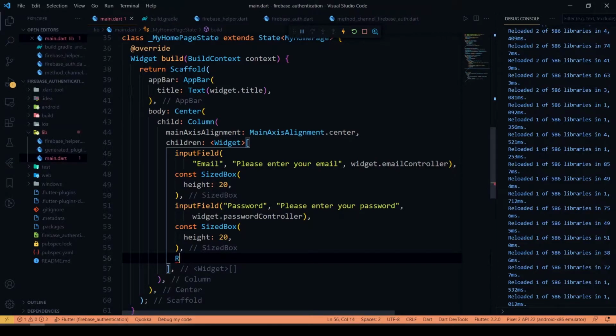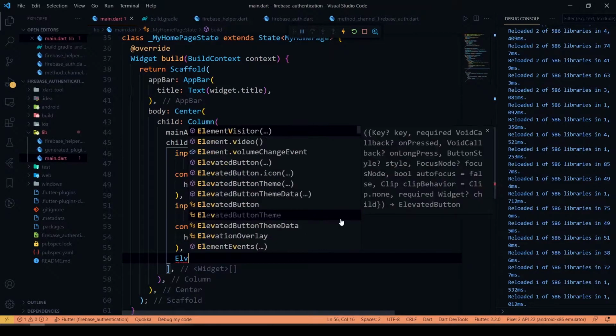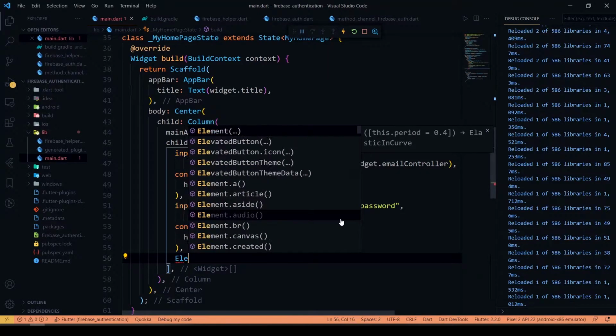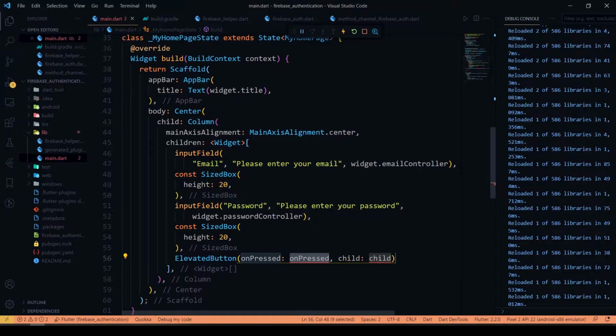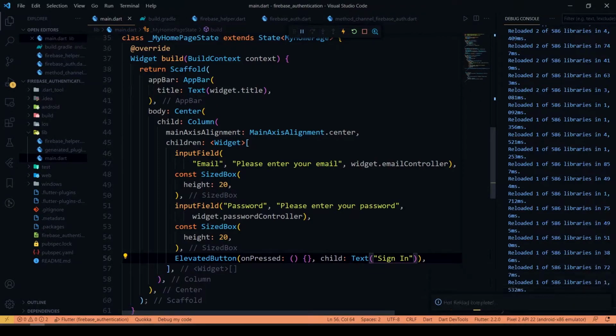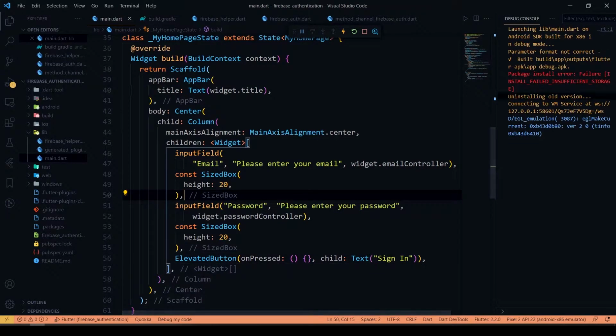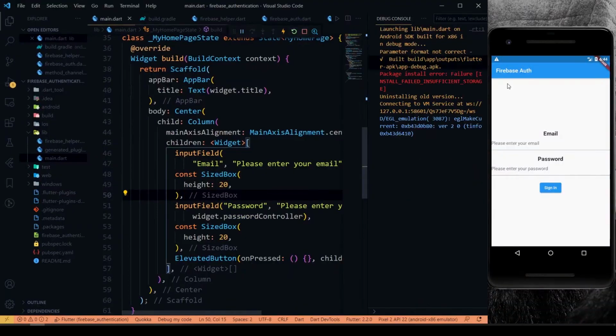We'll be calling our button here, which is an elevated button. Give the name as sign in. So we'll see the output now.